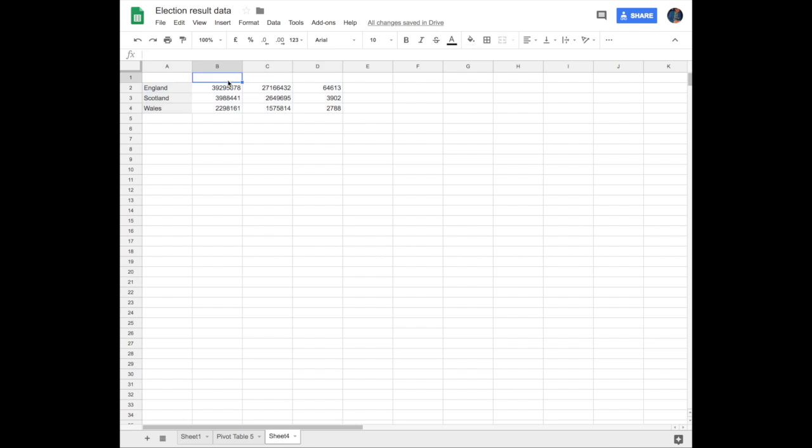With that pasted over, we can add new labels and do our calculations. The formula to do this is to divide the number of valid and invalid votes by the number of people eligible to vote, titled here as the electorate. The formula for that would be